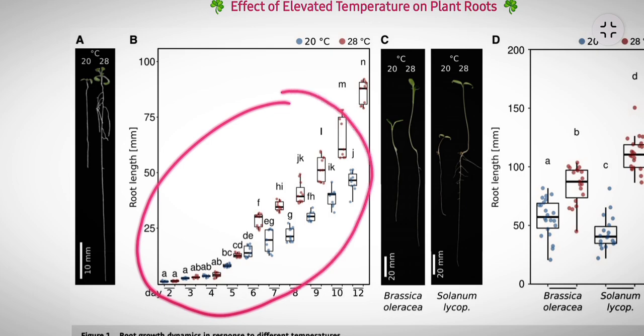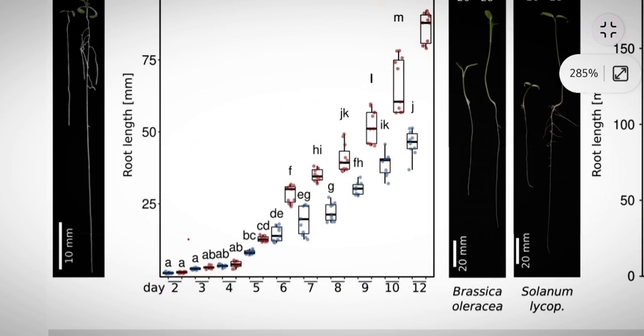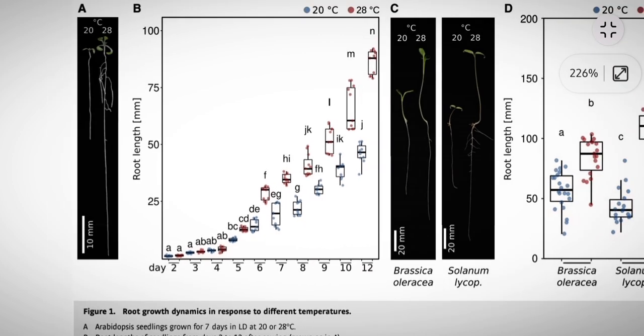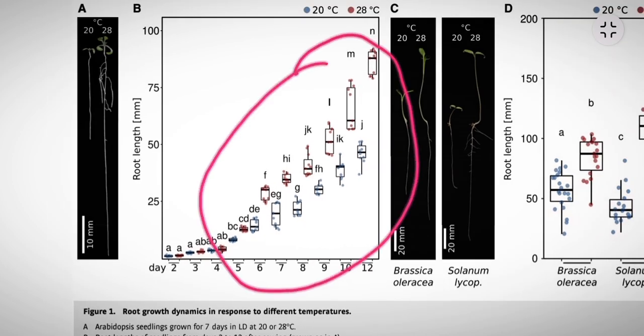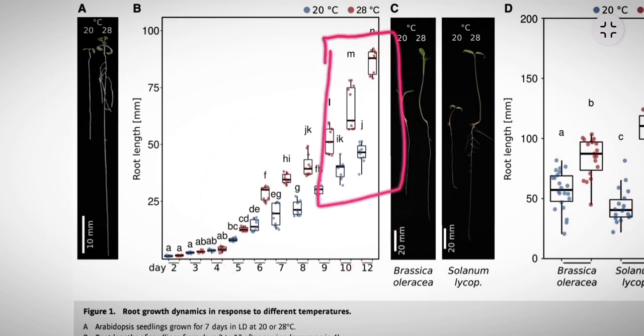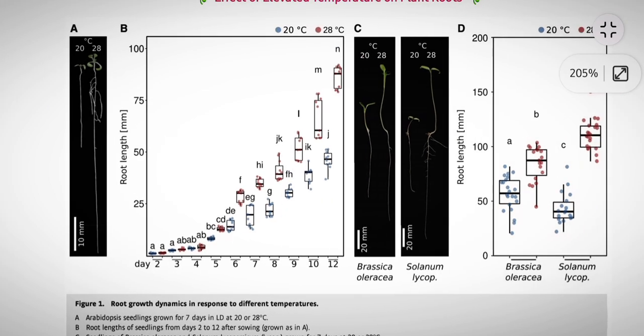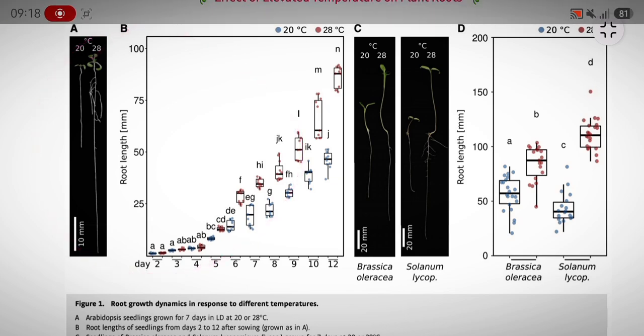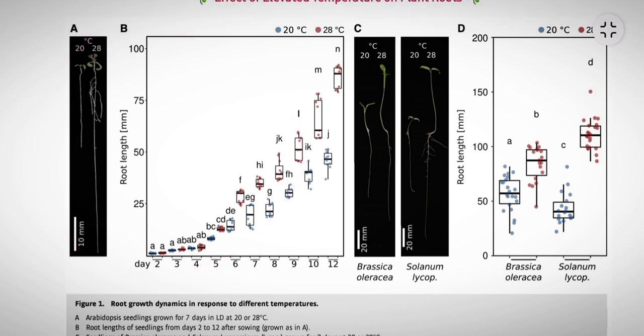Now if we see the data, the difference between red and blue dots is very minimal for the first 4 days. However, as we progress through the timeline, we see that this difference starts increasing, and right at this point at day 10 or day 12, this difference is quite a lot. Now these couple of results provide us a hint that the increase in temperature might be increasing the